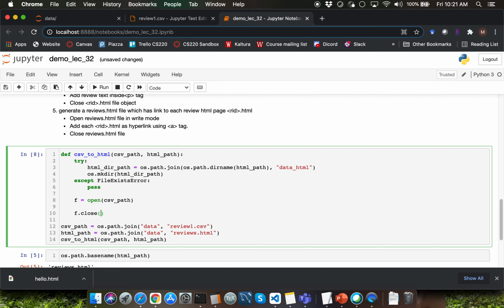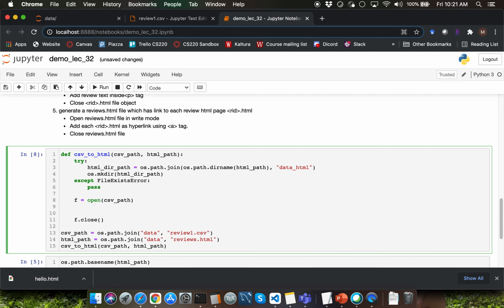Make sure to right away invoke the close function call using f, and then in between those you can do whatever manipulation you want to do with that particular file object instance. What I want to do here is use the DictReader function within the CSV module. So I'm going to type in csv.DictReader, where D and R are capitalized. As an argument, I'm going to pass the f variable, which is storing the file object instance for the corresponding CSV file. The DictReader function returns a reader object instance.